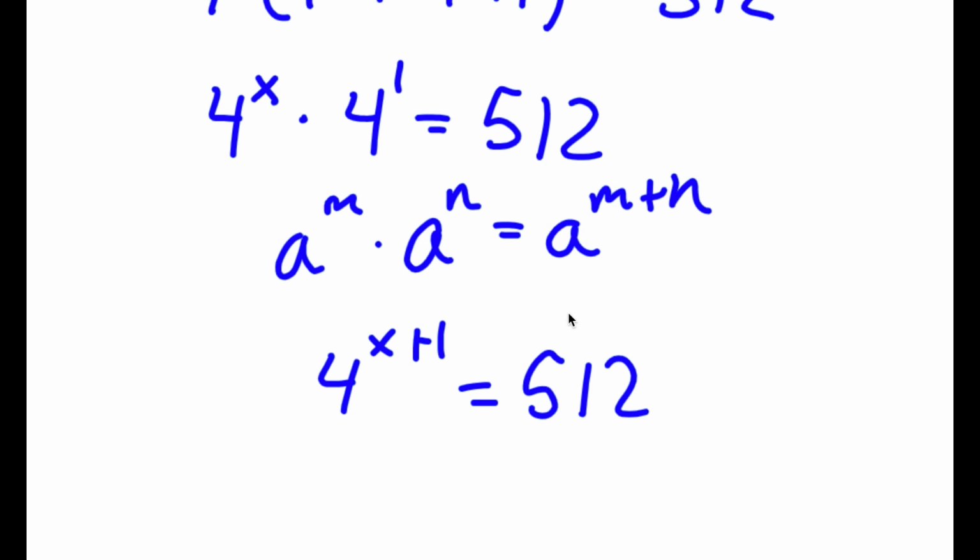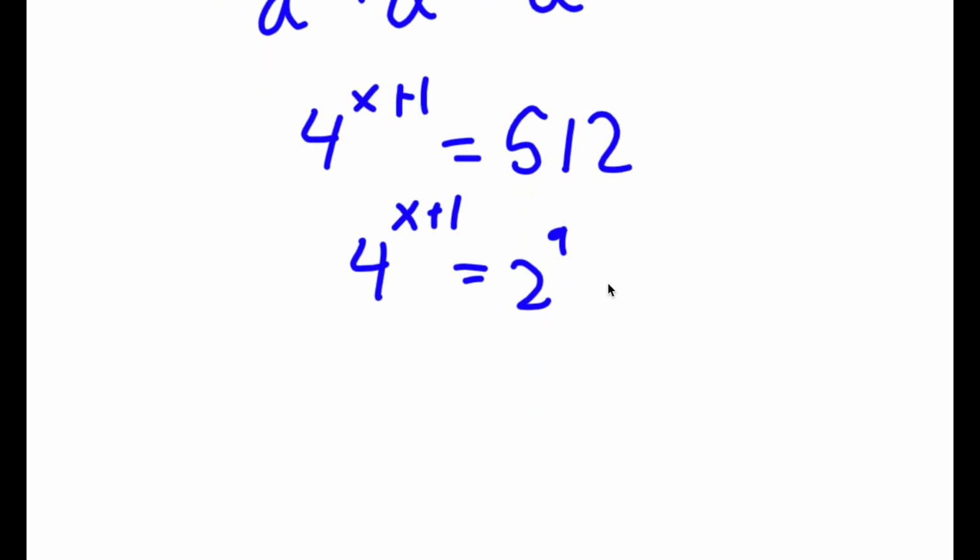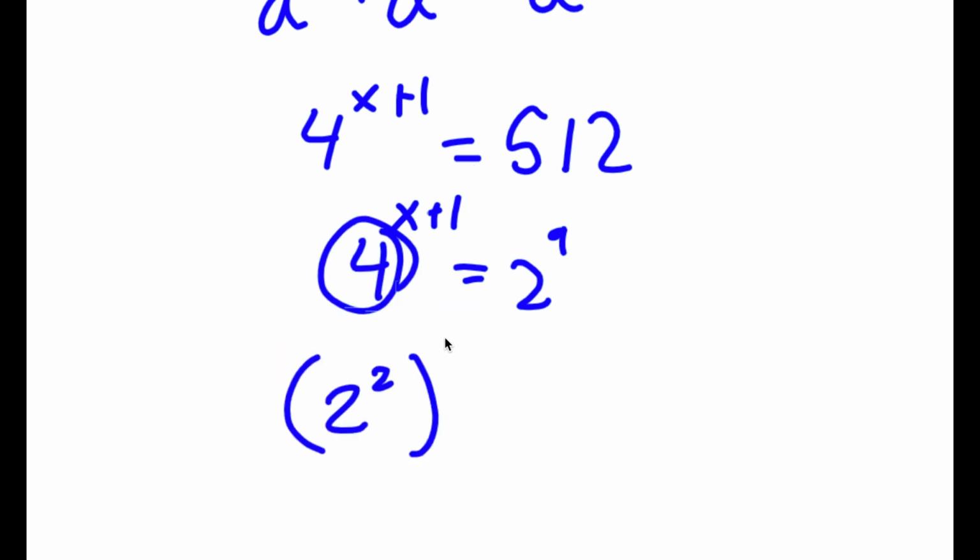So now I'm going to rewrite 512 as 2 to the power of 9. So I have 4 to the power of x plus 1 is equal to 2 to the power of 9. And 4 here, I can rewrite as 2 squared. So now I have 2 squared to the power of x plus 1 is equal to 2 to the power